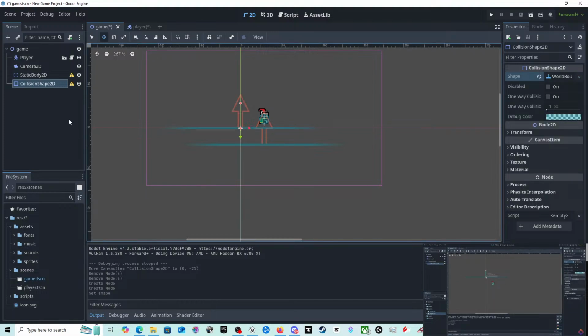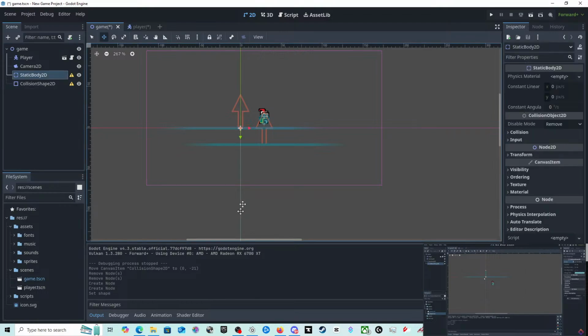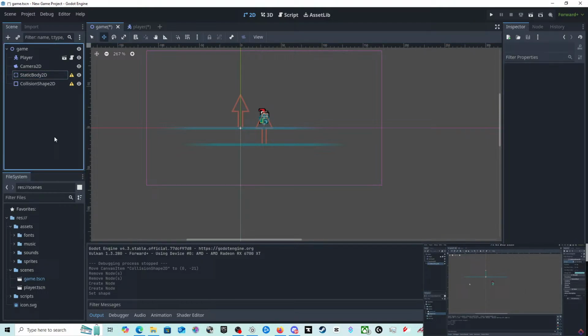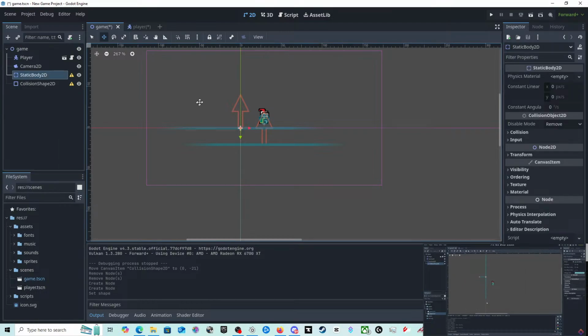And for the shape here, we're going to create a new world boundary shape. The world boundary is a type of collider that is perfect for stuff like, well, world boundaries, because it's going to extend infinitely on the horizontal axis here. As you can see, it's currently pointed up. We could also point it to the side, and now it's going to extend infinitely on the vertical. Why is that moving? I should hit Control Z to undo that.